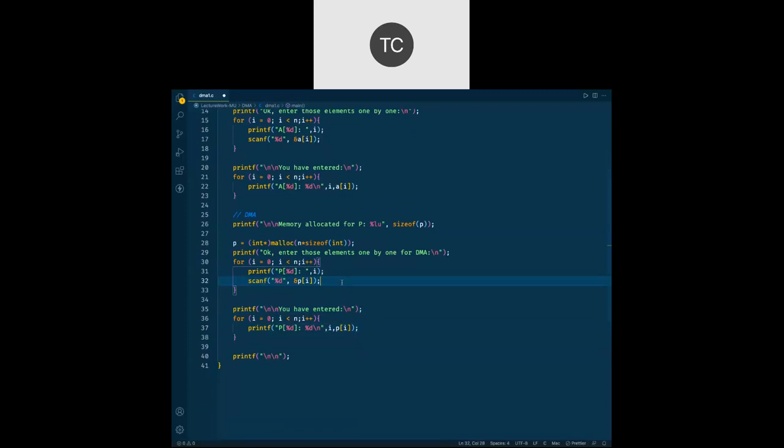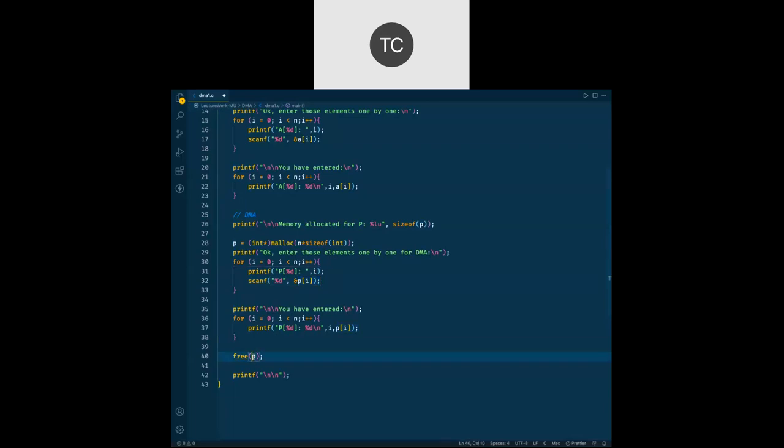Okay, so we have memory allocated, we store it, we ask user to give the numbers, we print those numbers. Once we are done, do not forget to make your memory free. Now why have I gone for p of I indexing? Because I do not want to update my pointer variable.